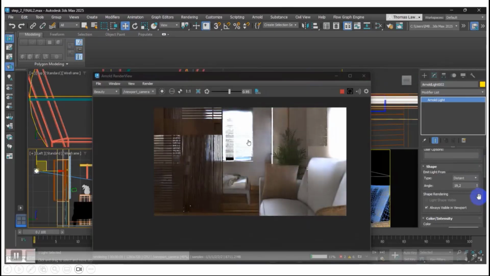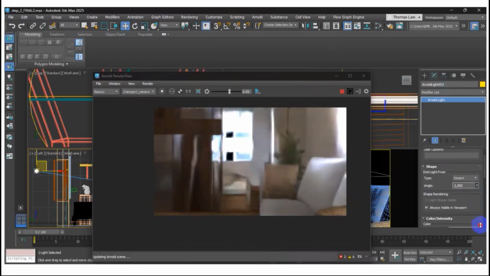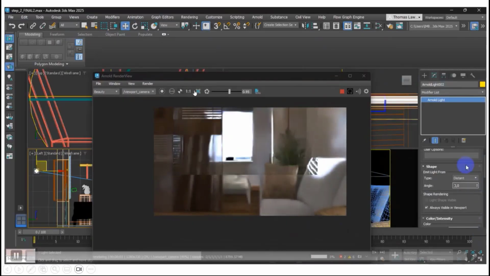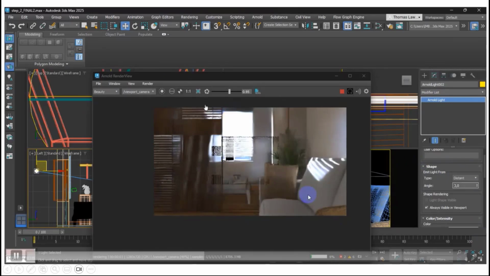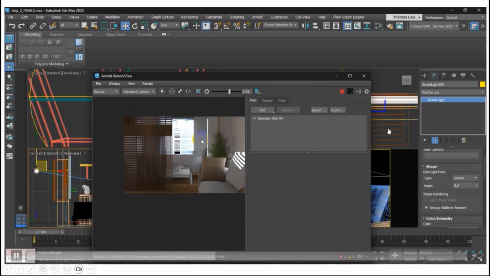But be aware, if your computer specs are lower, you need to consider rendering just an area rather than the whole image, because it can get slow. In this demo I try to adjust the Arnold light.